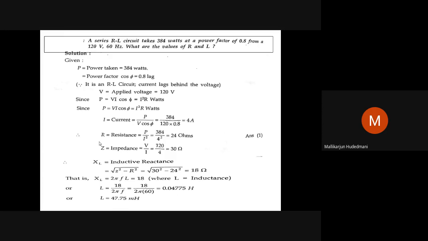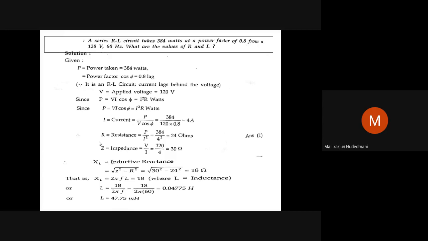Then you have to get to a concept: given your voltage and given the frequency of the circuit, how can I connect it to R and L? For this, the impedance triangle comes to your help. Z cos phi, Z sin phi, like that concept, or Z equal to the square root of R square plus XL square. That kind of vector or triangular relationship has to come to your mind. No matter, this problem is worked out very conventionally.